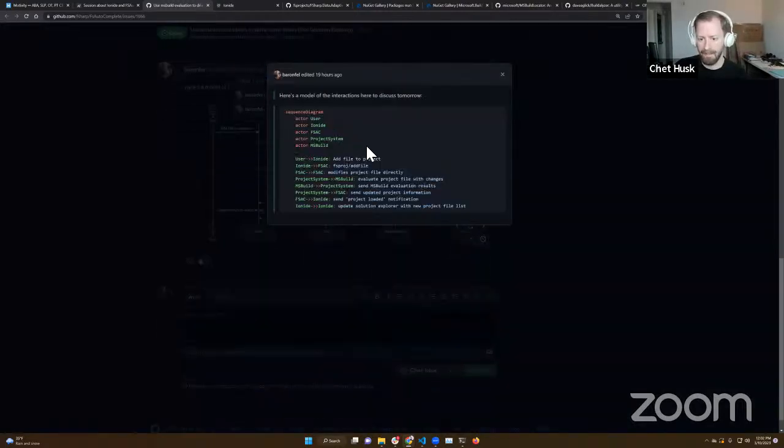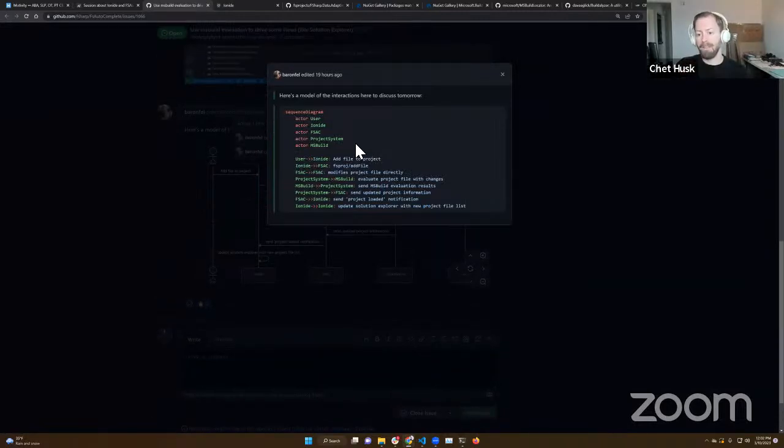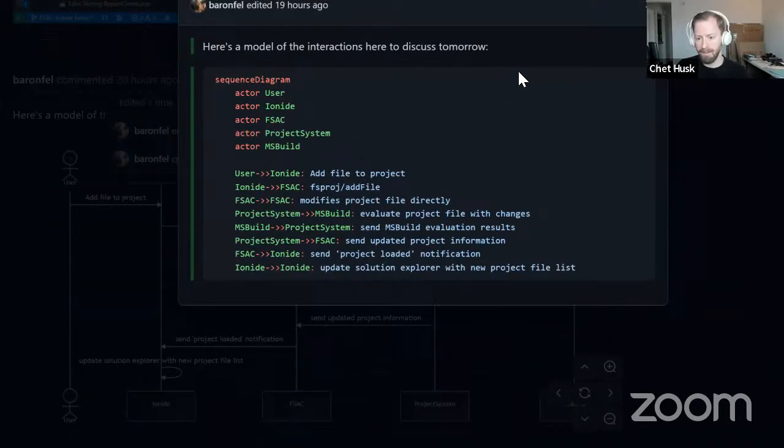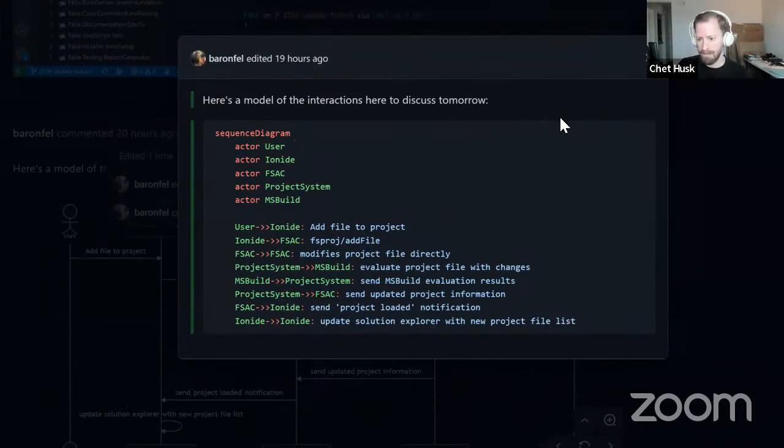The Mermaid JS is a thing that GitHub supports now, and it's really easy to make sequence diagrams or little graphs. It's the same language that Jimmy used to make the other graph showing all the different components. But a sequence diagram like this was very straightforward to make. You just say it's a sequence diagram.